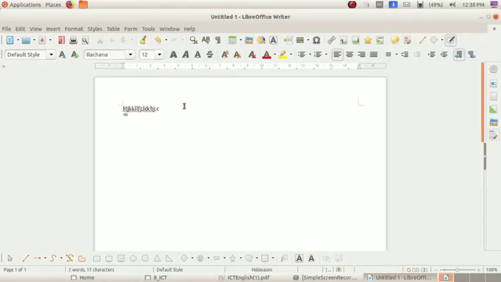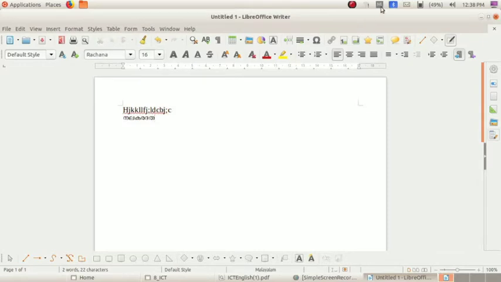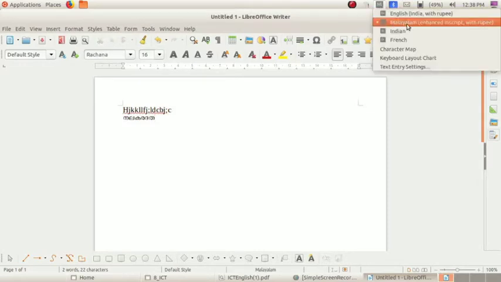You can see the Malayalam letters, isn't it? So, did you study to change it into Malayalam? How can we change? Yes. Select the keyboard indicator and from the drop down menu you can select Malayalam as a language.